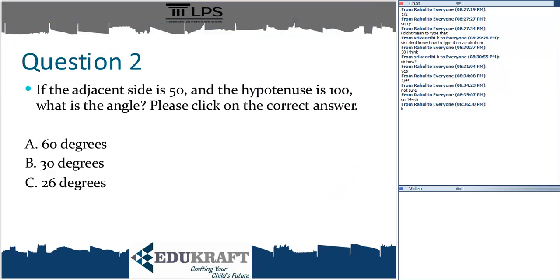This is where you will have to use the inverse function, because this is where the angle has been asked. It's a very simple question, quite straightforward. Okay, very clearly they have told you that the adjacent and the hypotenuse is given to you. You have the adjacent side and you have the hypotenuse. So because the adjacent and the hypotenuse is given to you, you need to use the cosine ratio. And the cosine ratio is adjacent upon hypotenuse. So what you would do is cos inverse of half. And if you have the calculator,